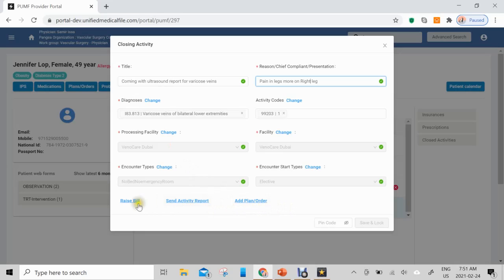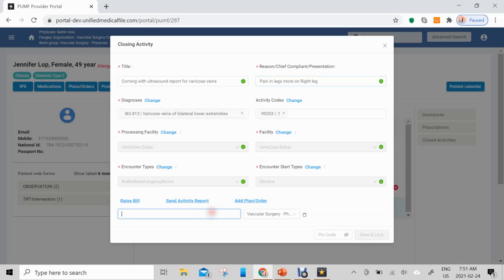Also, we notice that there are three links here. One of them is to add a new plans or orders. For example, we can add an order to prescribe stockings for the patient. Prescribe stocking, class 1. And we can here click to raise a bill,